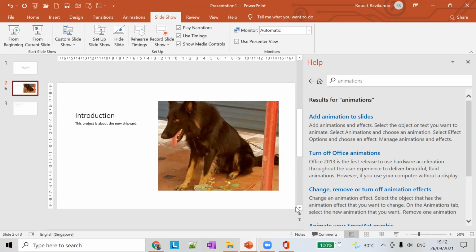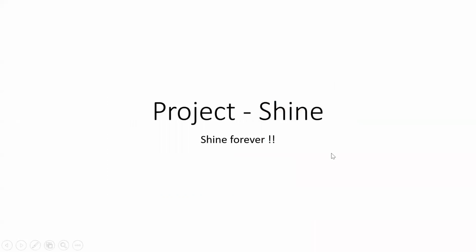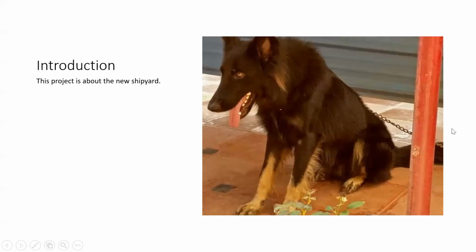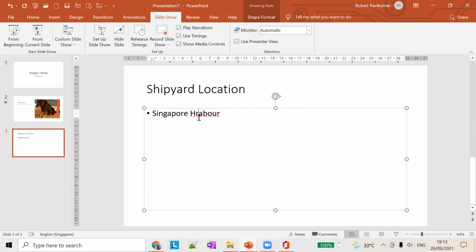You don't have to use the mouse click every time you have to move from one slide to another slide. So if I say automatic, by default all the slides will move from one screen to another screen.